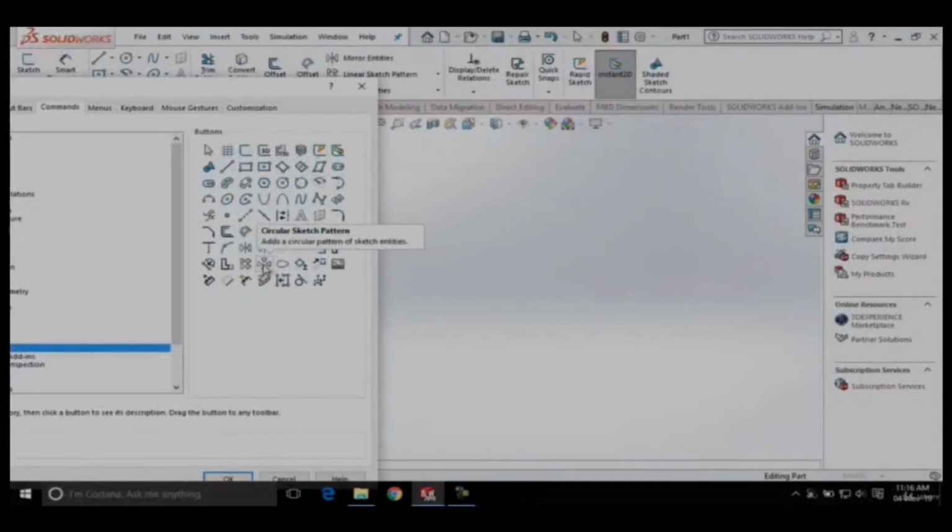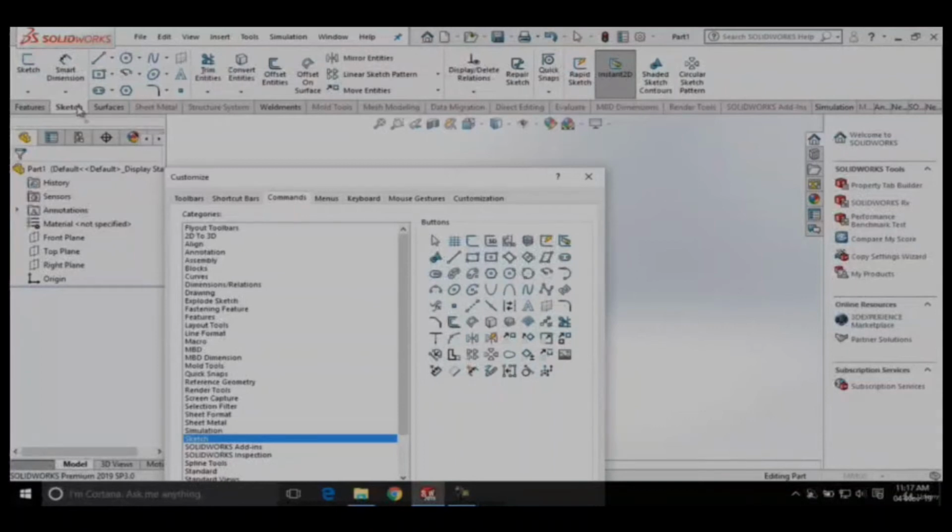I want to add the Circular Sketch Pattern tool to the Sketch Command Manager. So I will hold the left mouse button, drag the tool, and drop it here. You can see the Circular Sketch Pattern tool is added to the Sketch Command Manager.